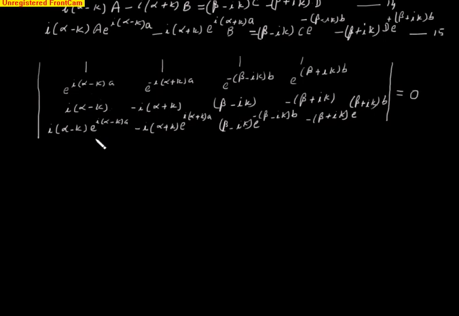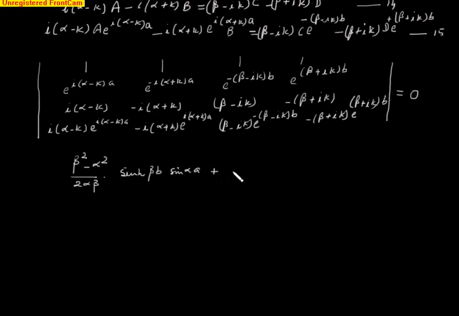Therefore what we do is we just write that on expansion of this determinant we get a result of the nature beta square minus alpha square divided by 2 alpha beta times the hyperbolic sine function of beta b and the sine function of alpha a